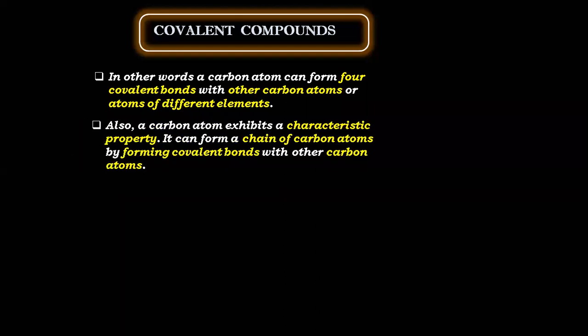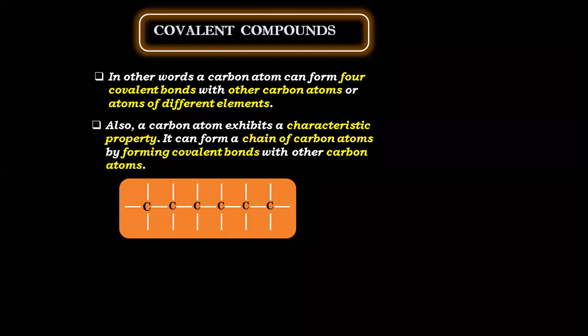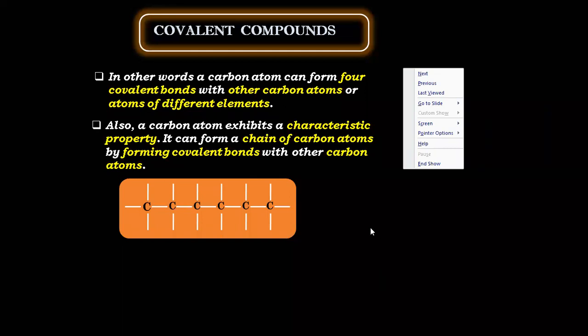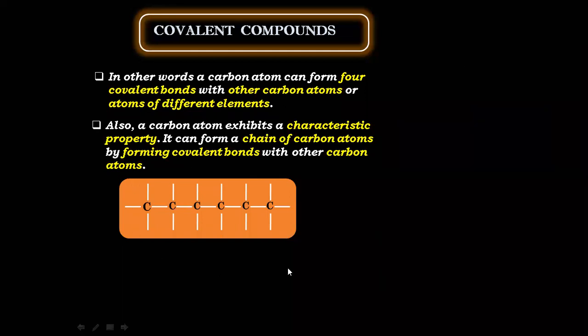वो खुद से ही बॉन्ड कर सकता है खुद को, जैसे ये स्ट्रक्चर में बताया है। Can you see the cursor of the mouse here, everyone? कर्सर दिख रहा है तुम लोग को माउस का? Okay, can you see the cursor now? Can you see this structure? In this structure, you see this one carbon. It is attached to this carbon at one bond. अभी इसने इसके साथ one bond बनाया.